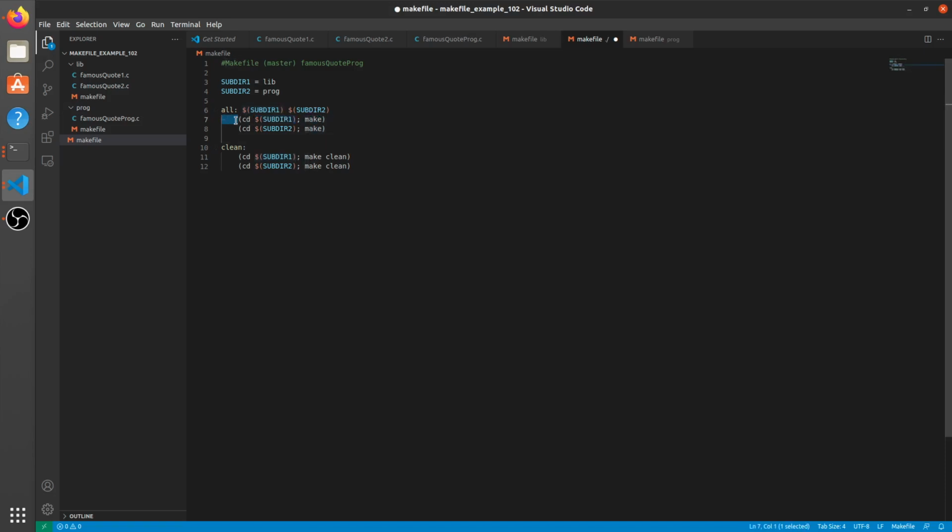Don't forget the tab here. This is an actual command that's going to run and not just be parsed. So this is tab command under the actual action or target. So you have target and dependencies here. So we're going to change into lib directory. Now it's important to build the archive before we try to link the actual executable together. So that's what we're doing here. At first we're running the lib archive makefile, and then second we are building the actual program,